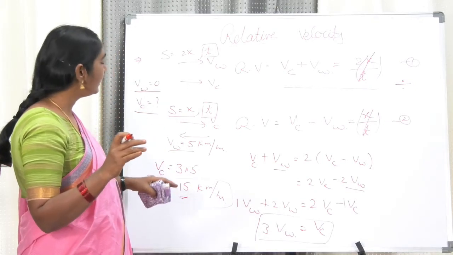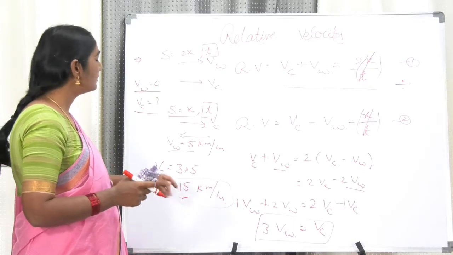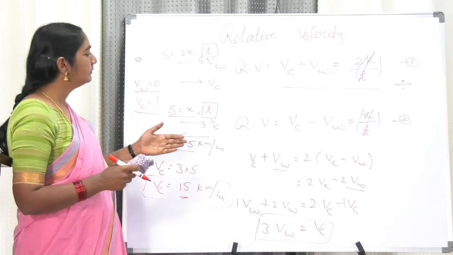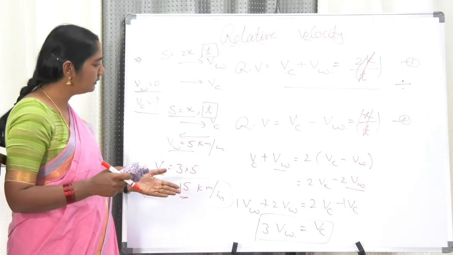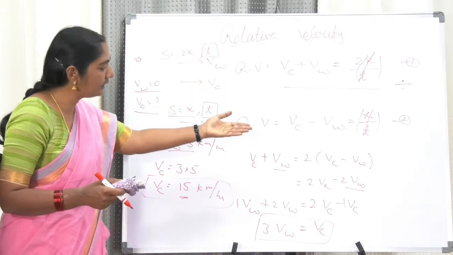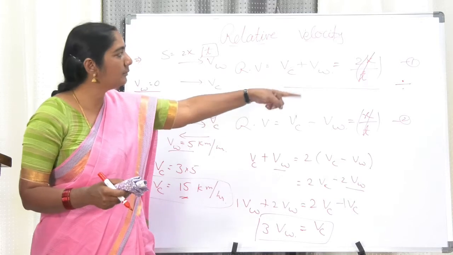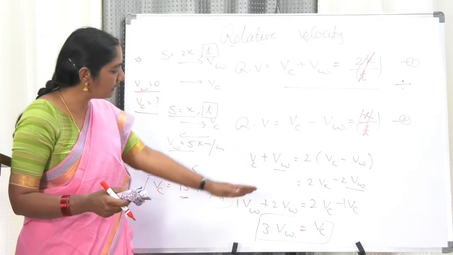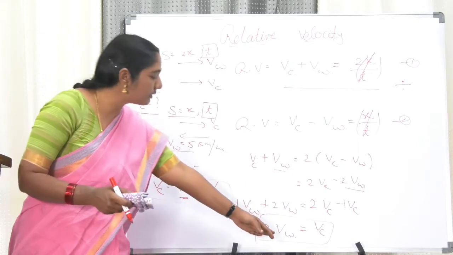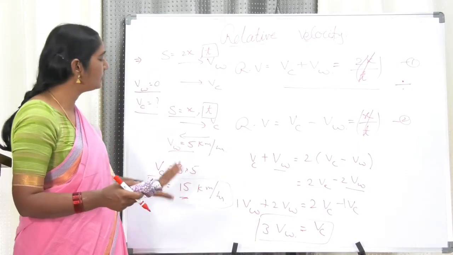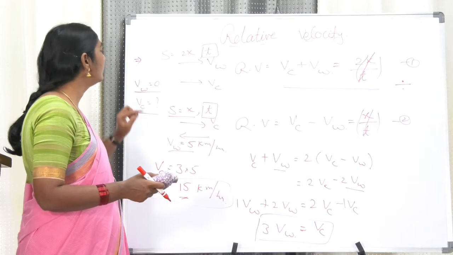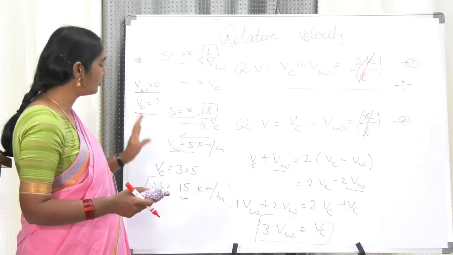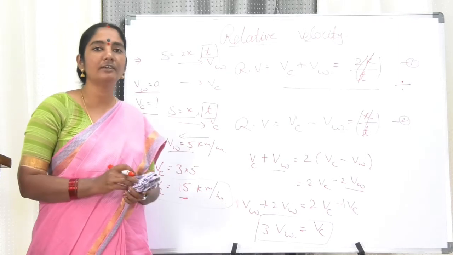Now, I think you understood the concept of what we have done. The problem is completely clear. We got two equations and we divided. We removed the two variables x and t by division, and we did the cross multiplication. We got all the values and substituted the given value. We got the value of the velocity of the cyclist. And when the air is still, what is the velocity of the cyclist is the question. 15 km per hour is the answer.